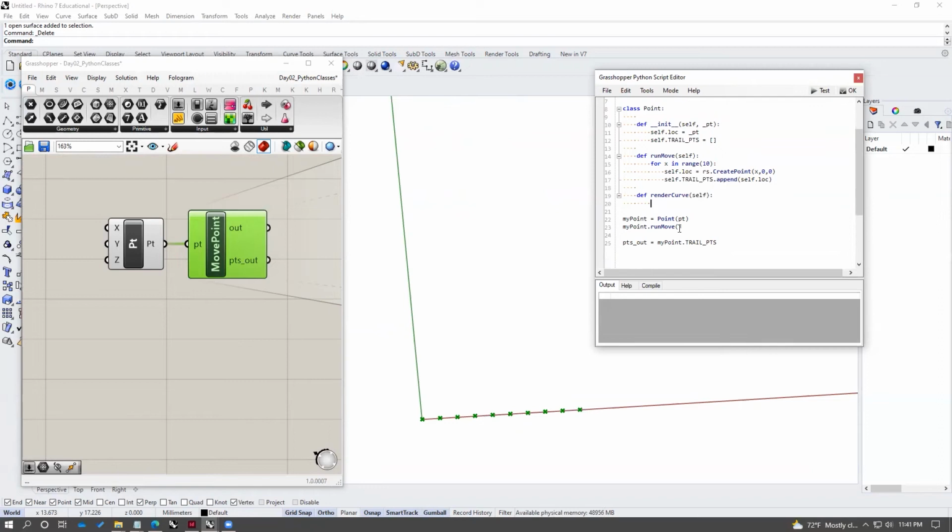And what we're going to want to do is run each of the moves, store that list of all of the trail points, and then call this function render_curve. So after run move, we're going to call the function myPoint.render_curve. And then inside of here, we want to say return so that we can return something out of this function call. So return space